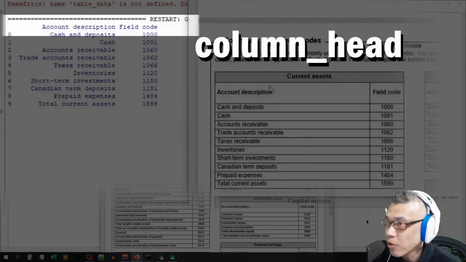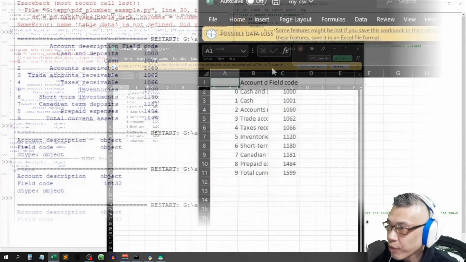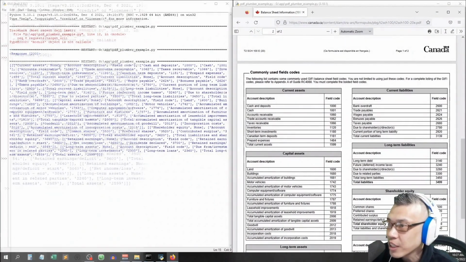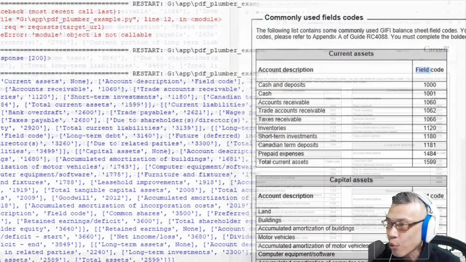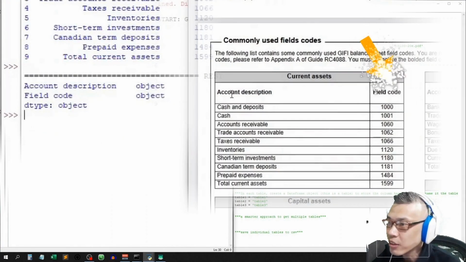This is an example on how to get table data and store it into a CSV without actually downloading anything from the web. In the first part of the video, we'll go through how we identify the table pattern before we dig deep on the coding in the second part. Without further ado, let's go.